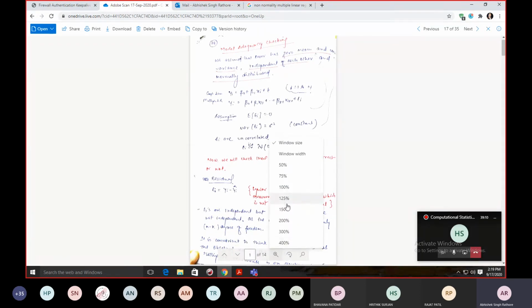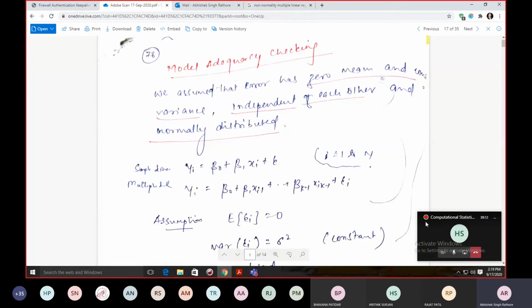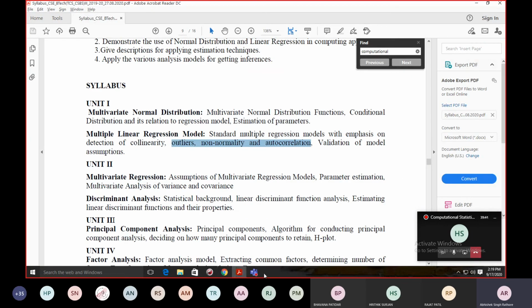So we'll start with the outlier detection and model adequacy techniques. I'm not going on a particular specific topic. All these techniques will be covered in the model adequacy techniques. Then we'll go for some residual plots and identify the different residual plots that are available, and then go for some influential observations and so on. So we'll start with our model adequacy checking. One of the topics is the validation of our model assumptions. So I'll start with all those things.